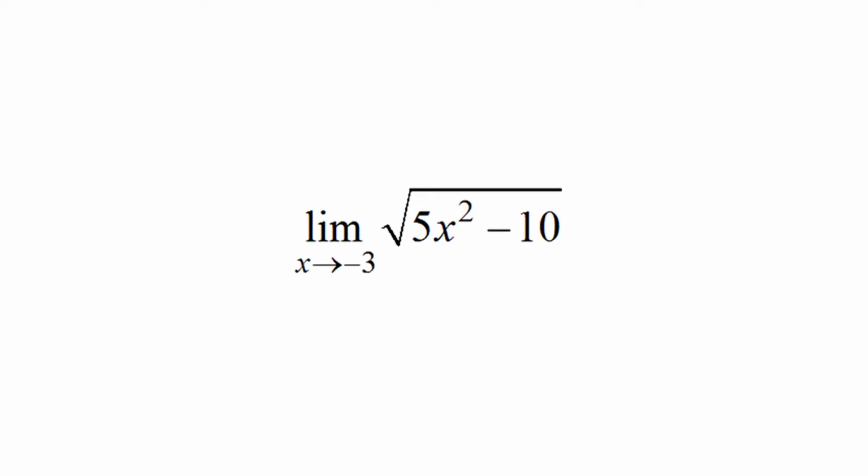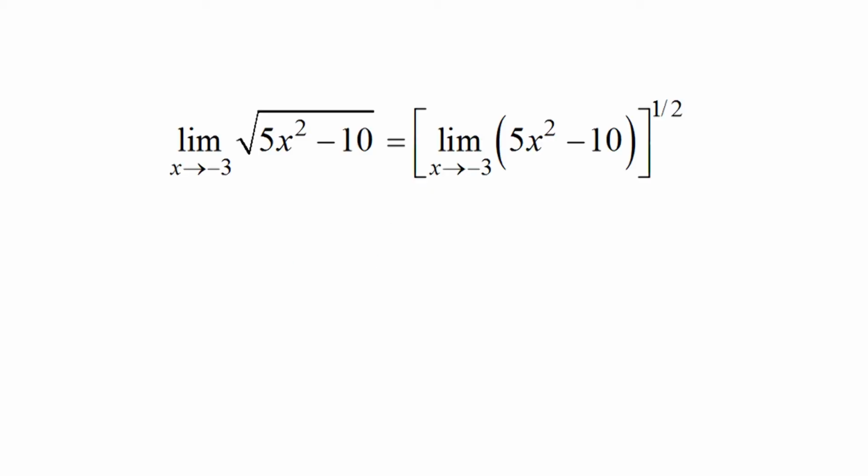As another example, let us evaluate limit of square root of 5x square minus 10 as x approaches negative 3. Limit of square root of 5x square minus 10 as x approaches negative 3 equal to limit of 5x square minus 10 as x approaches negative 3 to the power 1 upon 2 using power rule with n equal to 1 upon 2,